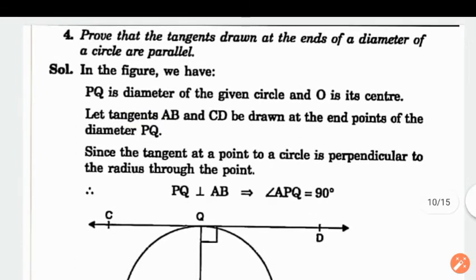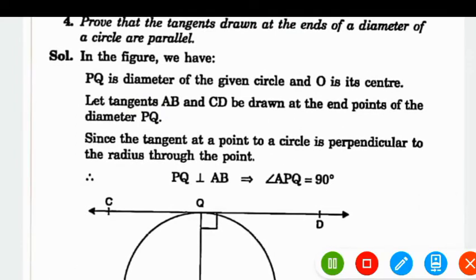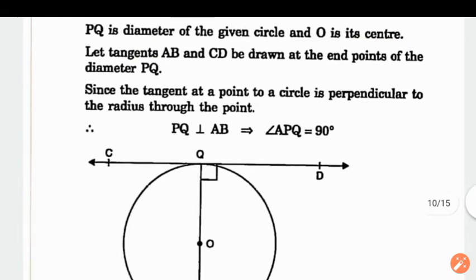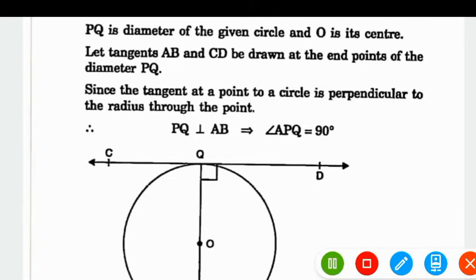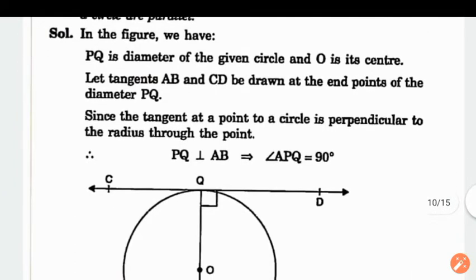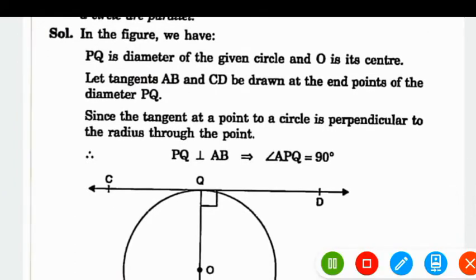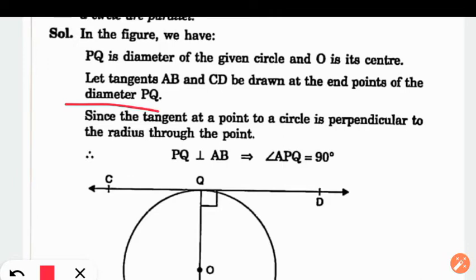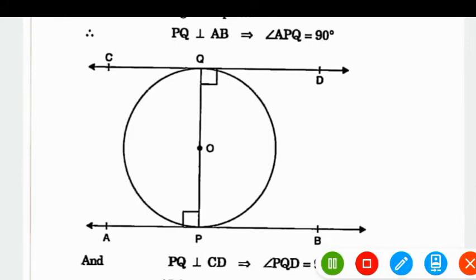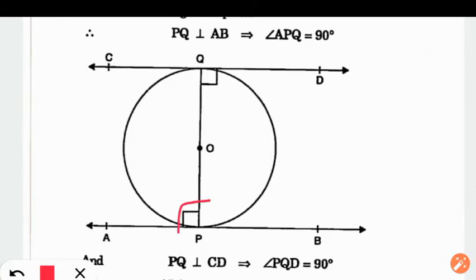So in the figure we have PQ as the diameter of a given circle with center O. Let AB and CD be the two tangents drawn at the ends of the diameter PQ. Now since the tangent at any point to a circle is perpendicular to the radius through the point of contact, we can say that this angle is 90 degrees and this angle is also 90 degrees according to theorem